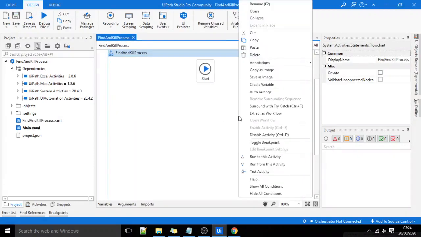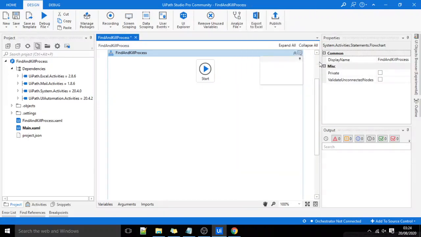I'll add some annotation: find user name and all processes running on a system, and kill a process.